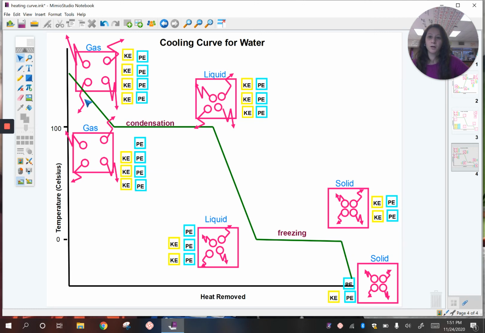So here's the exact same thing that I just did, but with the cooling curve. And so along this line, and this line, that's a decrease in kinetic energy. I know that because my temperature is dropping. But along the flat lines where condensation happens and where freezing happens, that's a change in potential energy. My potential energy is dropping because my particles are getting closer to each other, so it's releasing that extra heat